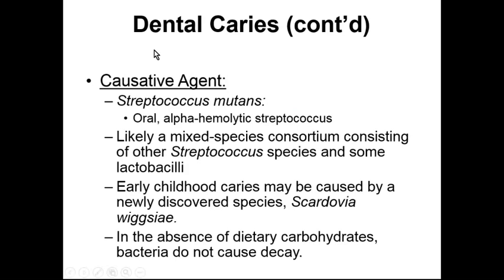If we look at these dental caries, they can be caused by a variety of bacteria, one of which is Streptococcus mutans. Streptococcus mutans is associated with dental caries, or cavities. This bacterium is an oral alpha-hemolytic streptococcal species. It's typically going to work in a mixed biofilm with other streptococci and some lactobacilli as well. Very early on in childhood, dental caries are typically going to be caused by Scardovia wiggsiae, which is a newly discovered bacterial species. In the absence of carbohydrates, bacteria do not cause tooth decay, particularly in the absence of